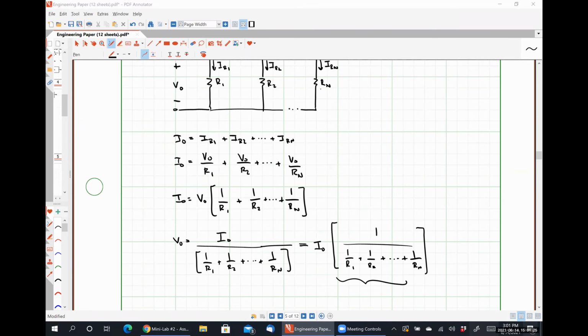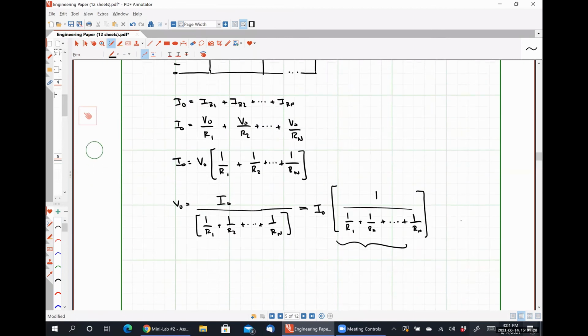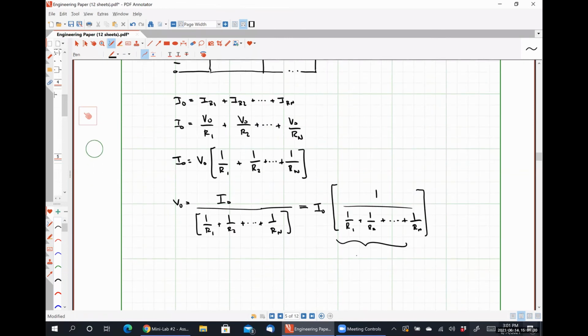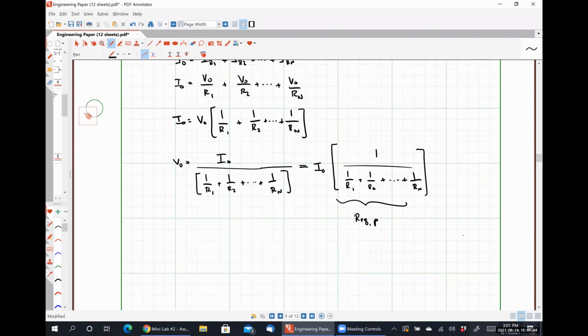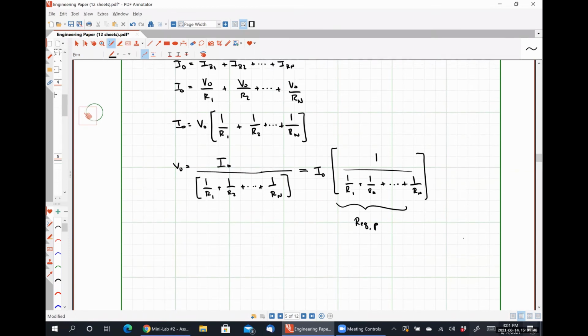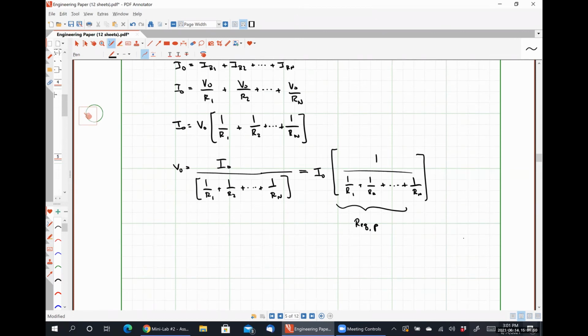REQ. Exactly right. Specifically, the equivalent resistance of N resistors connected in parallel. So I'm going to call this guy REQ comma P, where the P is because it's in parallel. All right, so using Ohm's law, I can say that IR1 is equal to V naught